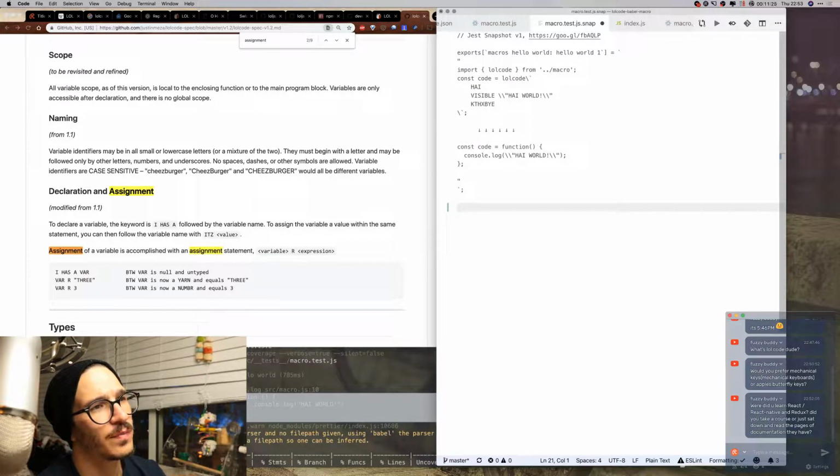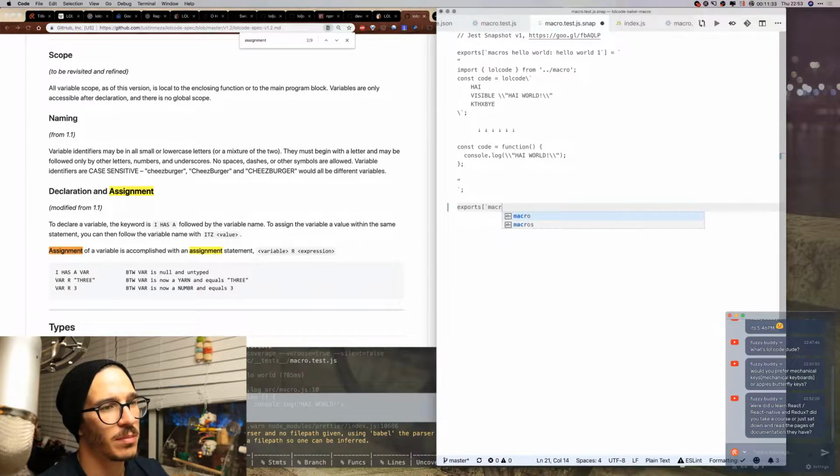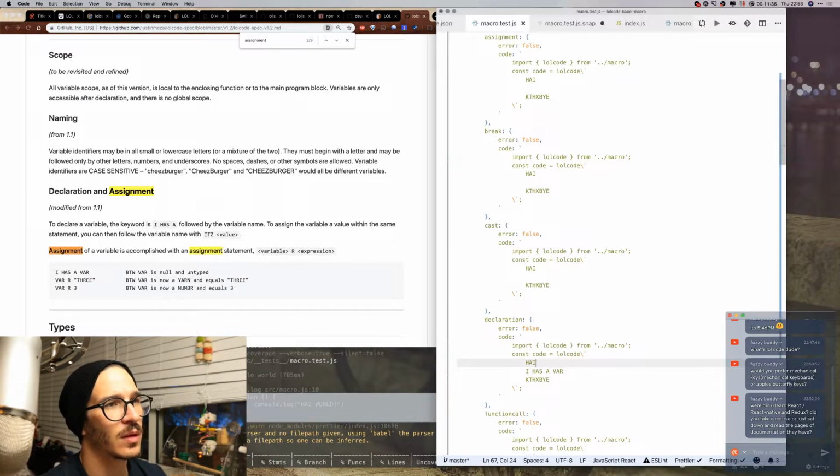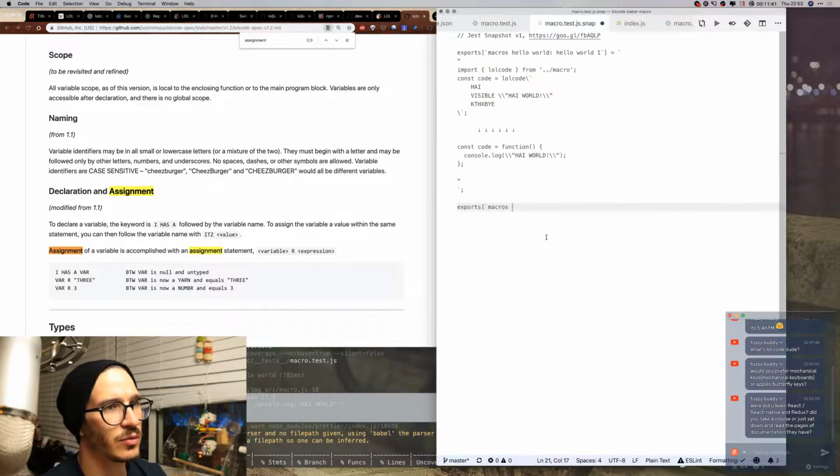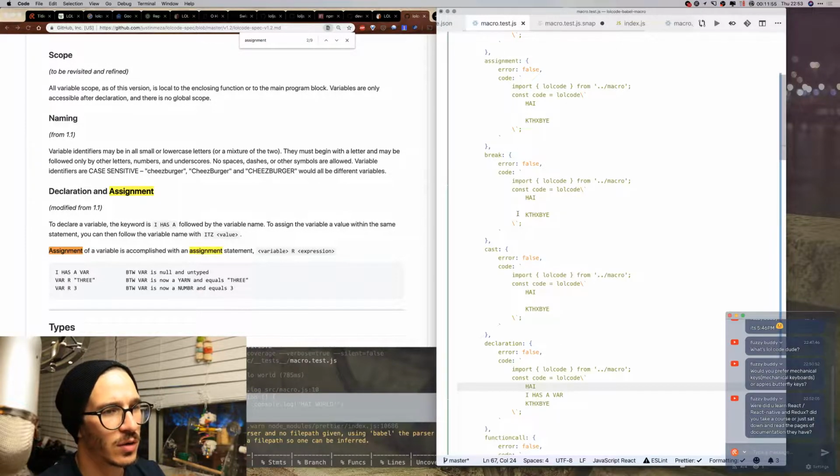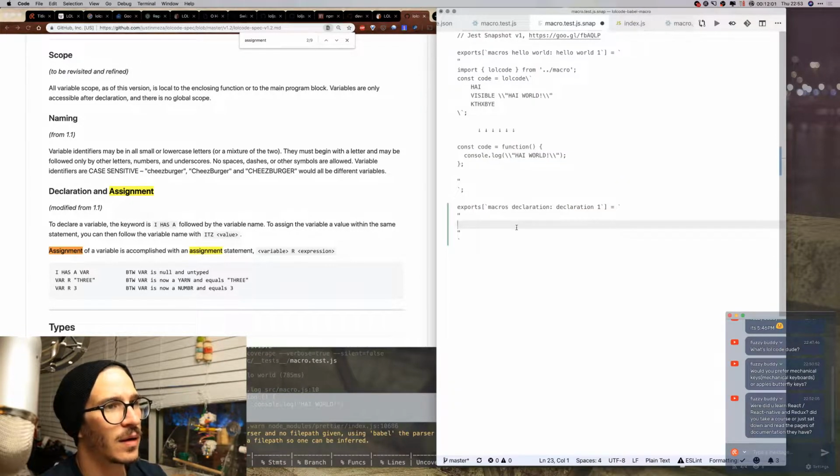I don't know how snapshots work, so I'm just going to try faking it. So exports, macros, what was it? Declaration, macros, declaration 1 equals, yeah, I'm really not very sure how this stuff works, so I'm just going to try my best. We paste the code here, I think,